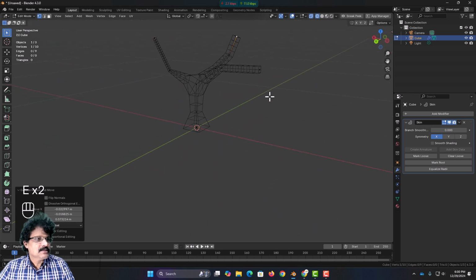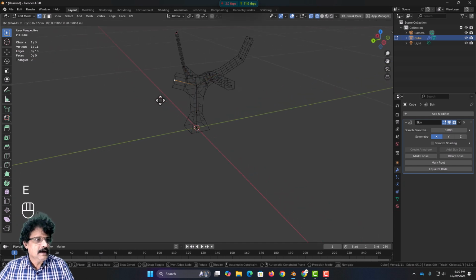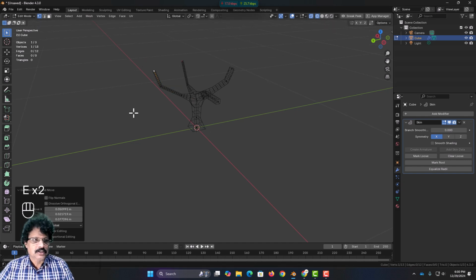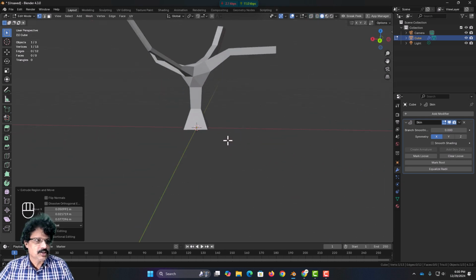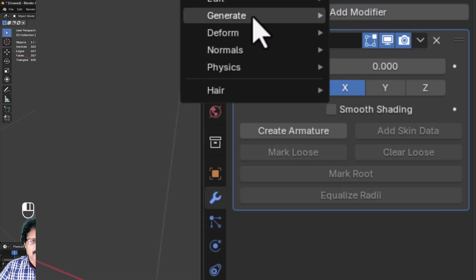So like this, I can also select this vertex here, press Ctrl A, drag it like this, press Ctrl A and make the size small, press E and drag out a structure like this. And now if I press Z and come into solid mode, you have some kind of structure created over here. Come into object mode, select this, and in the modifiers, if I come here and choose